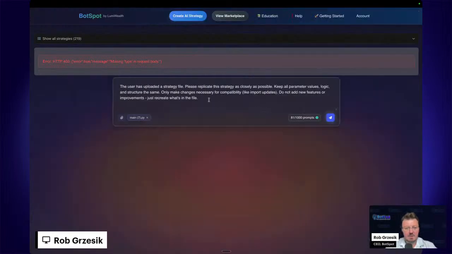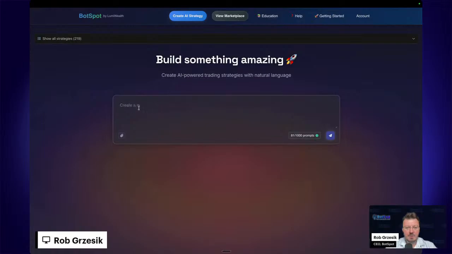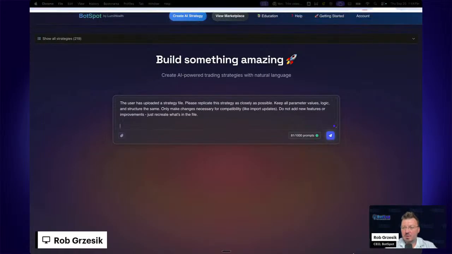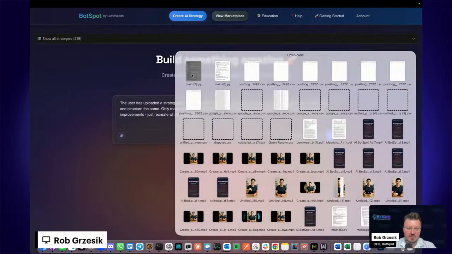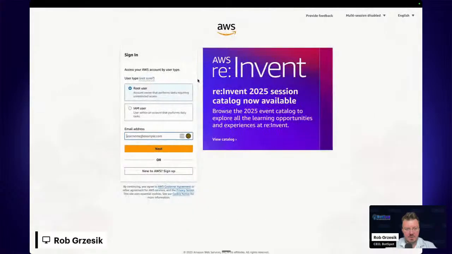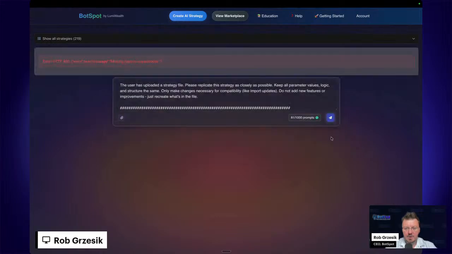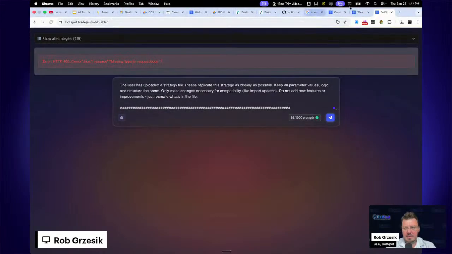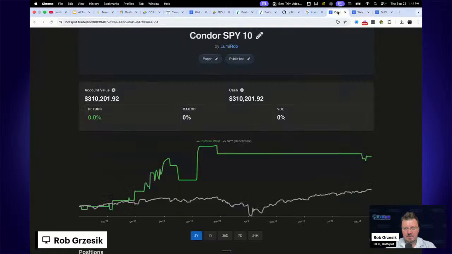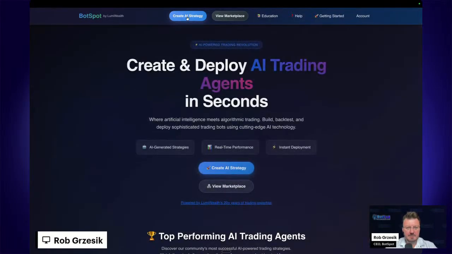What the heck? So why don't we do this a slightly different way, since it doesn't want to cooperate with us. I'm going to put this here, and then I'm going to simply copy over the contents of the file. And then we'll get our devs to take a look into what is going on there. But for now, I think this should work. Boom. Still something wrong. What the heck is going on here? That is very unusual. We might have a bug on our system,